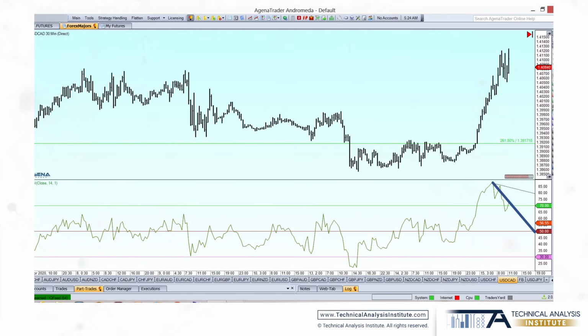So there is a second divergence. If the first one didn't work, the second one surely will. Obviously, momentum is weakening, so this market is bound to fall. So we sell again on the close of the bar at